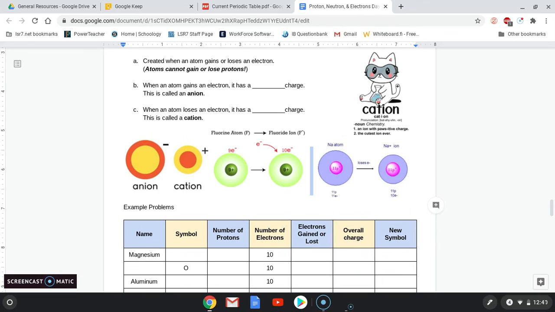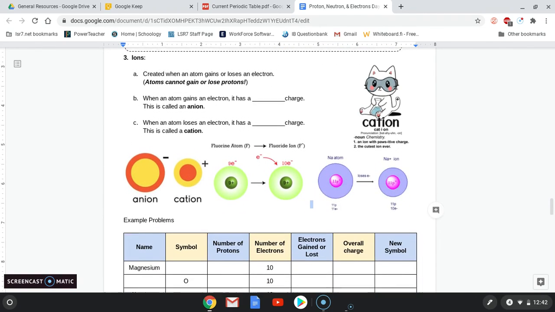Now notice that the anion in this picture over here, the anion is bigger. See, it has more electrons, so it gets bigger. Cations are smaller because they lost electrons, and the electrons determine how big your atom is. And so this gives you a couple ideas. So over here we had 9 protons and 9 electrons. And with 9 protons, 10 electrons, it has a -1 charge. And then the sodium went from 11 and 11 to 11 protons and 10 electrons. So it ends up with a positive charge. Now, we're going to do all that math here in a minute, so don't worry about it. Just make sure you have those notes down. So, guys, I'm going to pause the video now because